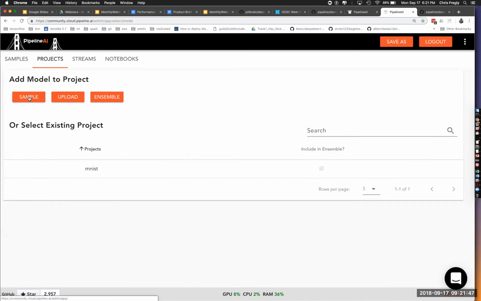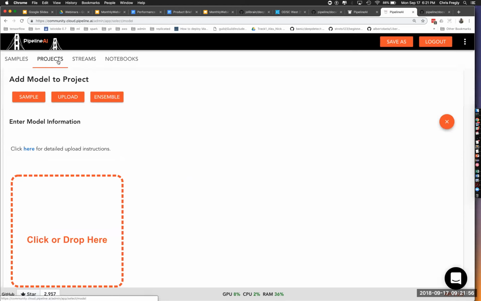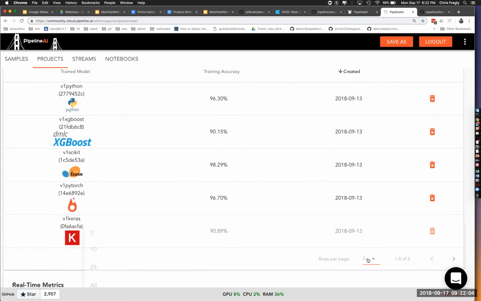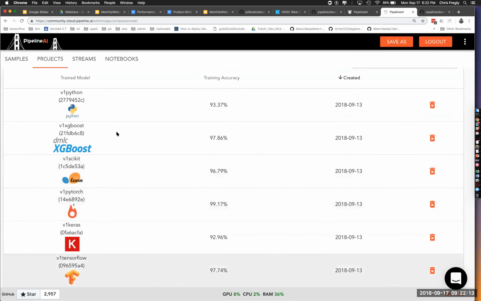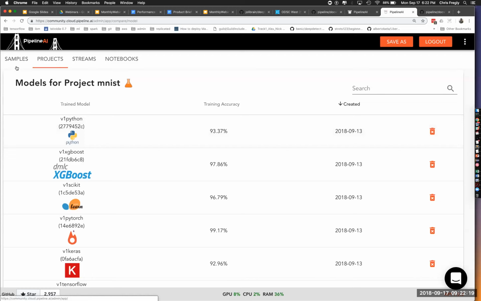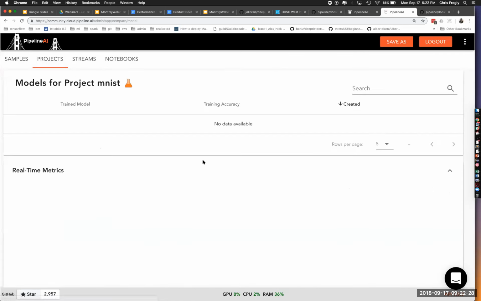When you create a project, either you could start with a sample, or you can upload. Even if you follow these steps, you can drag and drop and create a project that way. Or what we're going to do is I'm just going to select, because I've already done this. I did this demo last week in New York for Strata, and so here's 1, 2, 3, 4, 5, 6 different implementations. You folks won't see this because you haven't deployed these yet, but if you want to, just click on each of these and deploy all 6 of them. I've already done it for the purpose of time here.